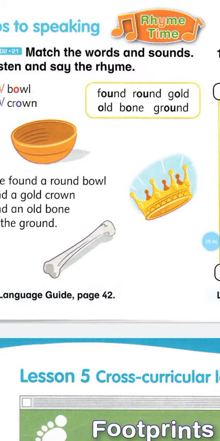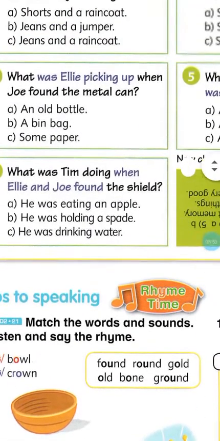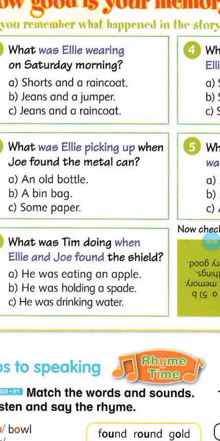Also, we learned the WH past continuous question. We put the WH word at first, and then was or were, and then the subject, and then the verb with ing. And the answer of the WH questions is in a full sentence: we put the subject, and then was or were, plus verb with ing.